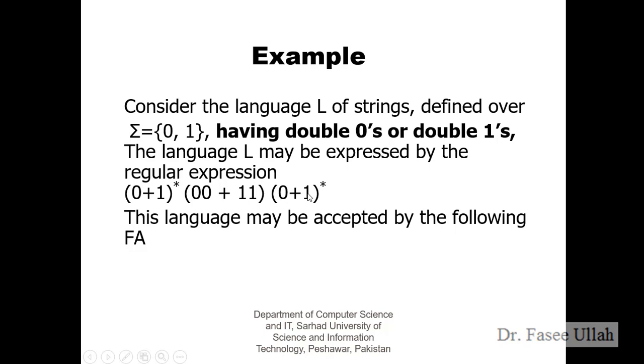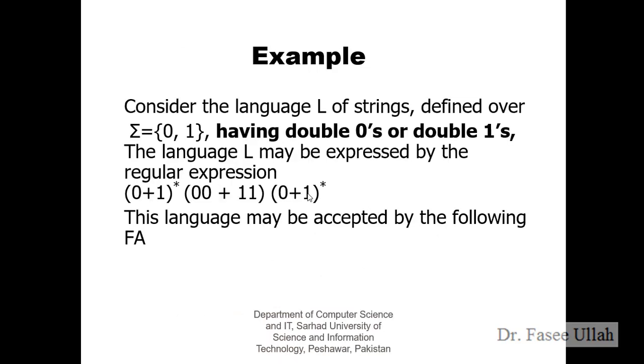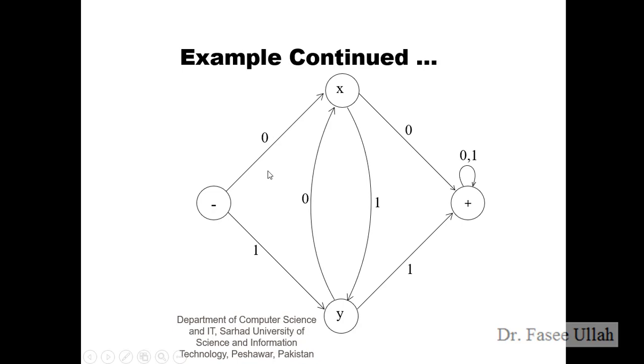So how can we design the finite automata? First of all, we have to meet the condition double 0 or double 1. Okay, so you have to design the initial state and the final state, and then in the middle you can say this is 1, 2, 3, and 4. It's up to you whether you put the numbering or you just say initial state and final state and then 1 and 2. It's up to you.